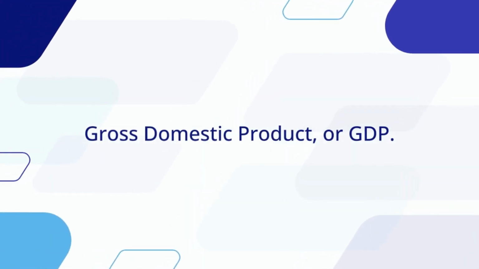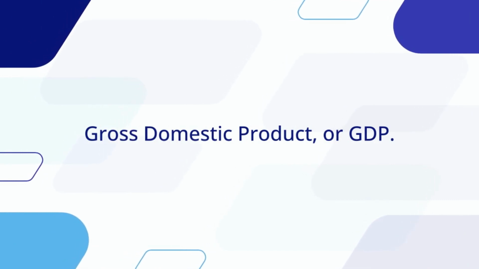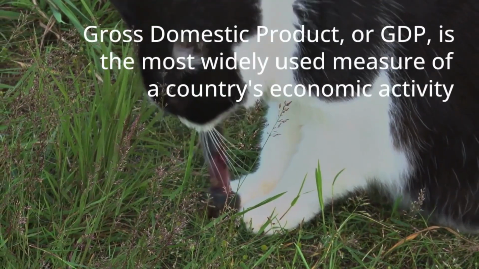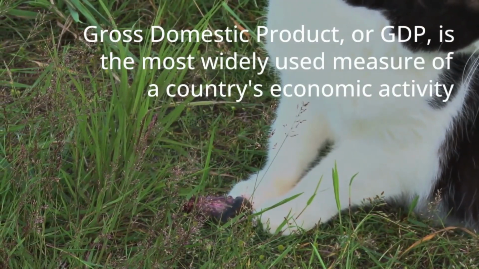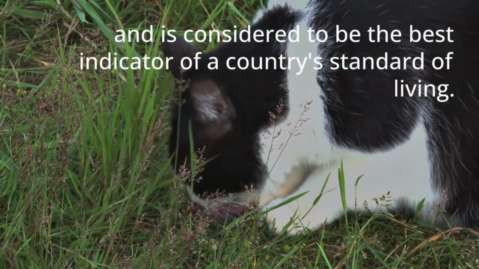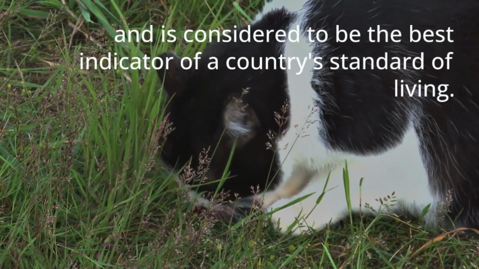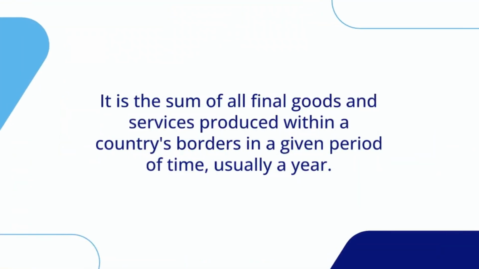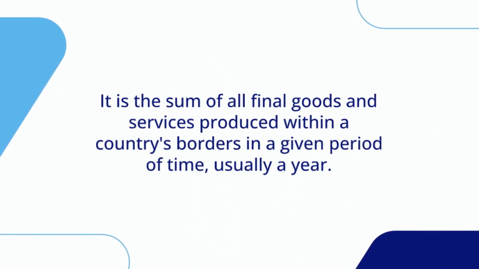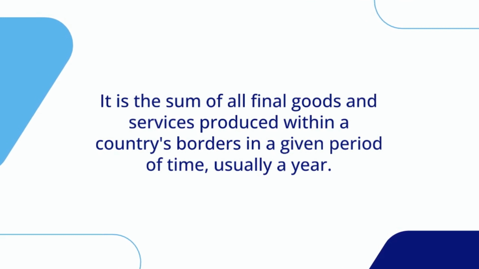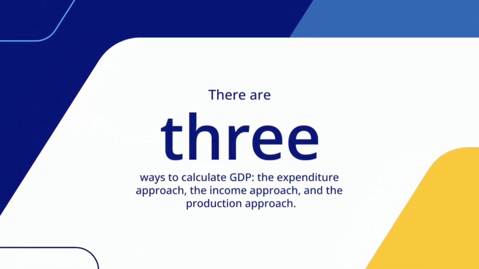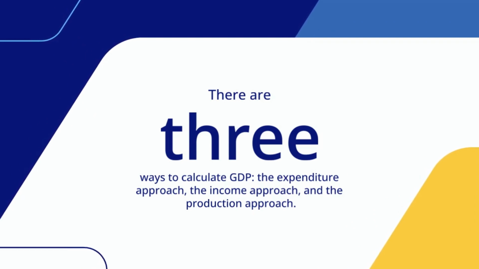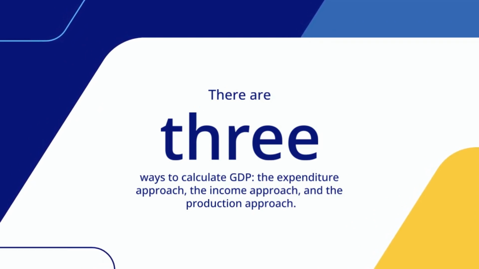Gross Domestic Product, or GDP. Gross Domestic Product, or GDP, is the most widely used measure of a country's economic activity and is considered to be the best indicator of a country's standard of living. It is the sum of all final goods and services produced within a country's borders in a given period of time, usually a year. There are three ways to calculate GDP: the expenditure approach, the income approach, and the production